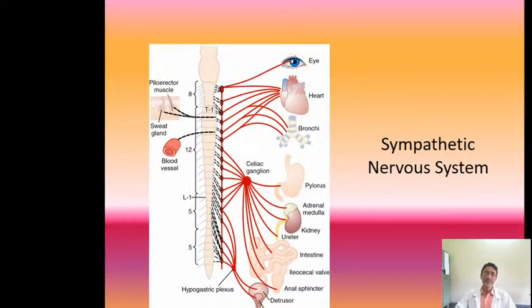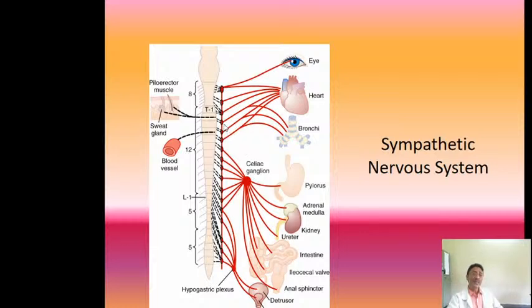See, this is the sympathetic nervous system, where the sympathetic nervous system is also called the thoracolumbar outflow, because the nerves which are controlling the sympathetic activities take origin from the thoracic segment and the lumbar segment of the spinal cord, and hence it is called a thoracolumbar outflow. That is, they start from T1, T2, they go till L1, L2. So this is L5, L6. So this is the thoracolumbar outflow here.